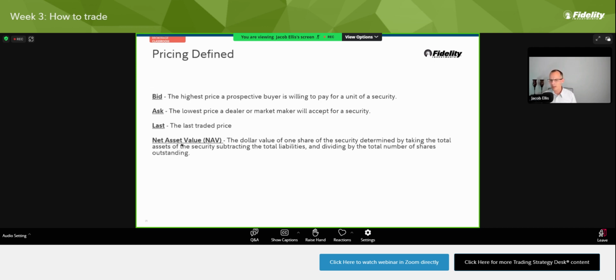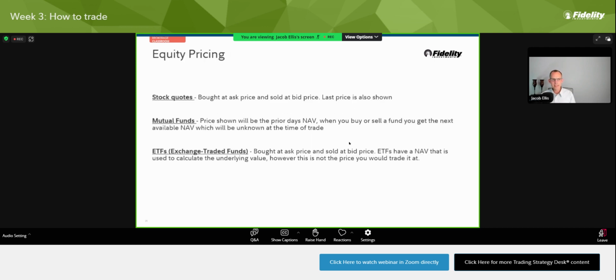The net asset value we talked about briefly in the first week when we talked about what different assets are. We learned that funds, like a mutual fund or an ETF, will trade with respect to their net asset value, the value of all of the stuff inside the fund. So we won't spend too much time thinking about that one. These ones are our main focus: the bid, the ask, and the last. Knowing that there is a bid, an ask, and a last, we need to start thinking